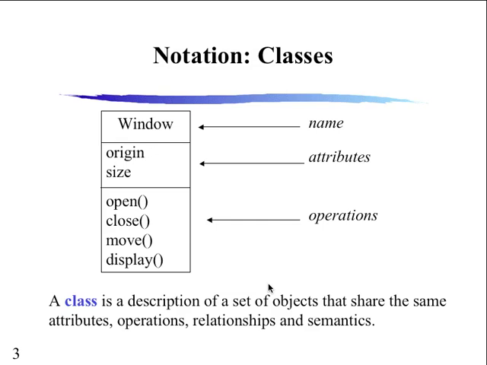A class diagram has the same 3 components: names, attributes, and operations. Or you can call them name, data members, and member functions, or properties, or put any of those names on it. But for the purposes of this lecture, we're going to call them attributes and operations. Some people actually like to put data types in here too. You don't have to. In fact, my recommendation is don't put anything in the diagram that doesn't need to be in the diagram. Because if you put a data type here, for example, size, and you said integer size,